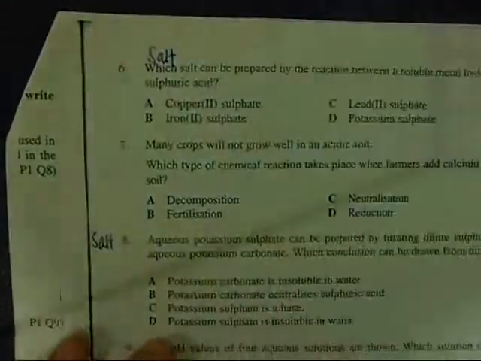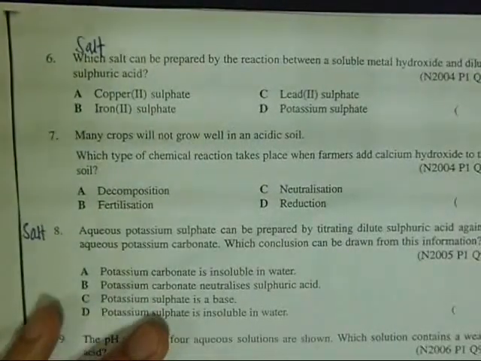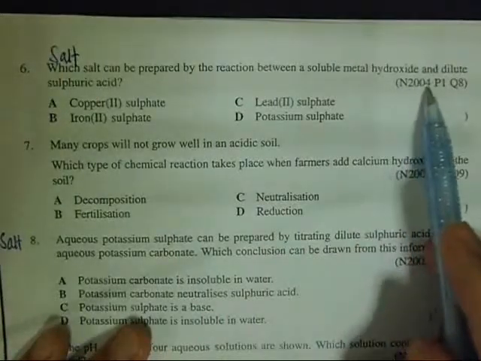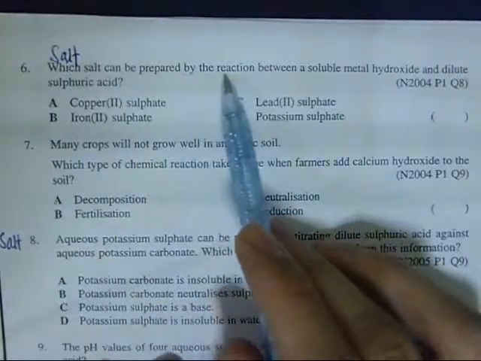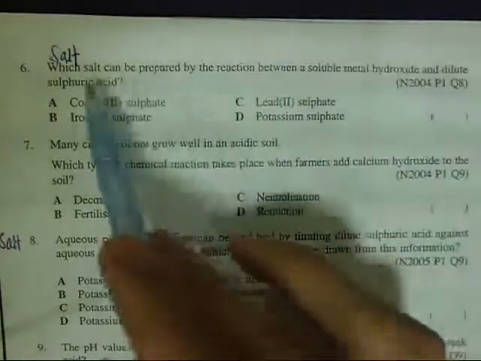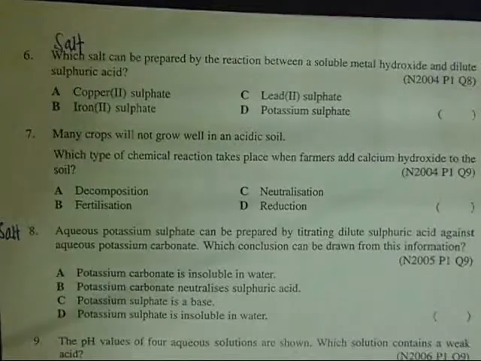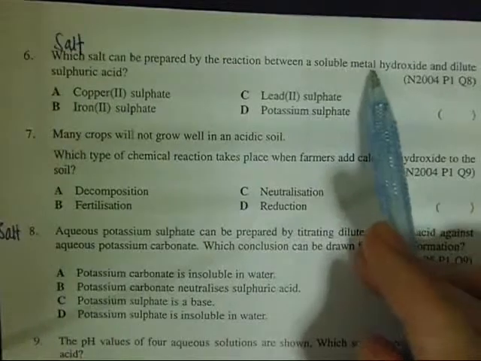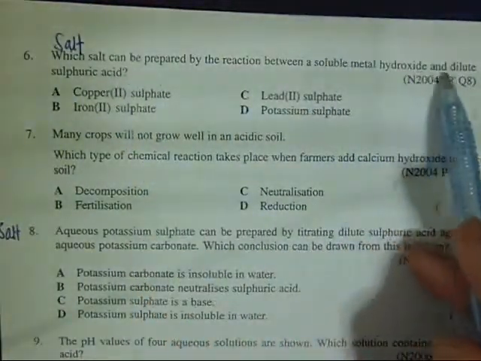Now let's look at the next question. This is a question from the salt chapter. 2004 paper 1 question 8. Which salt can be prepared by the reaction between a soluble metal hydroxide and dilute sulfuric acid? Okay, for this question, this is a reaction between a soluble metal hydroxide and dilute